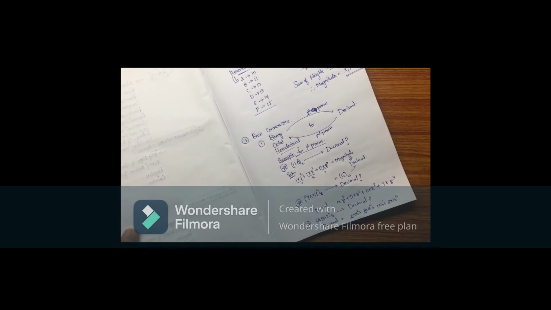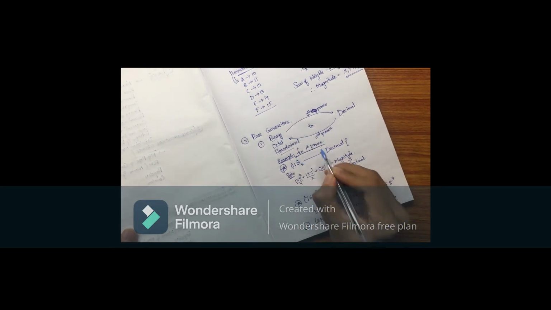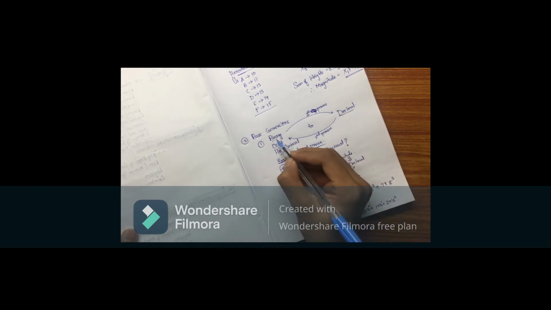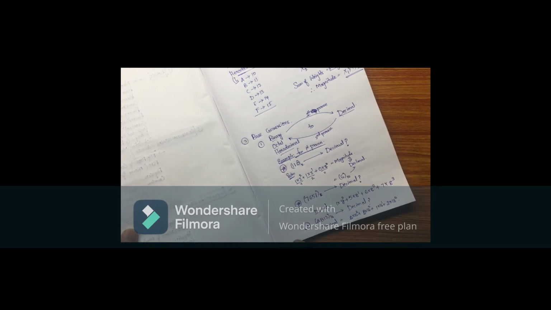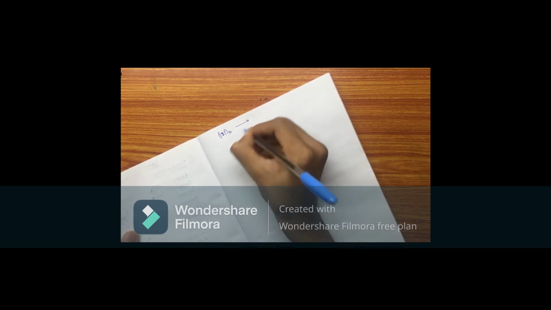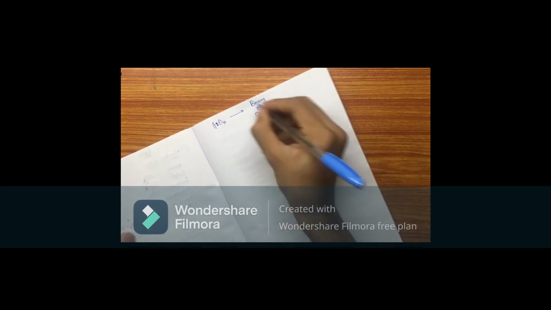Next, this is the first thing. So decimal first for the first process. For the second process, a decimal number is given and they ask to convert it to binary or octal or hexadecimal. Then what to do? Let's see. 121. They ask to convert it into binary. Then what to do here?